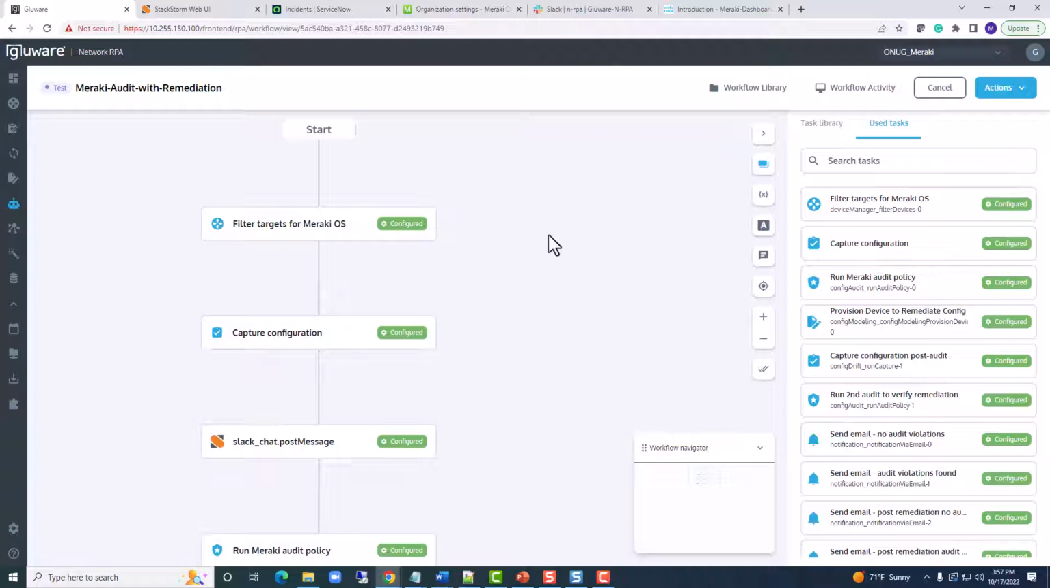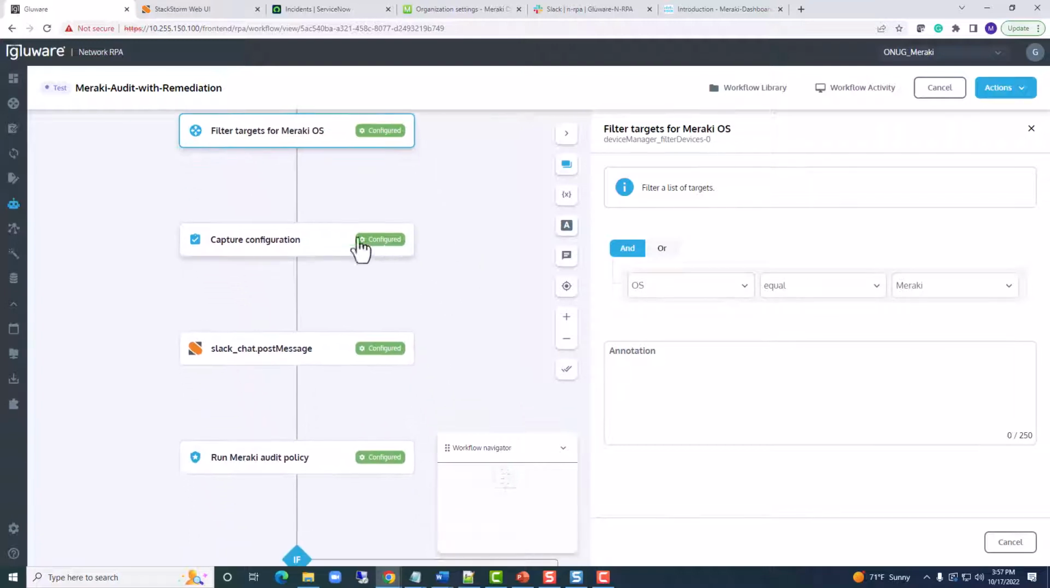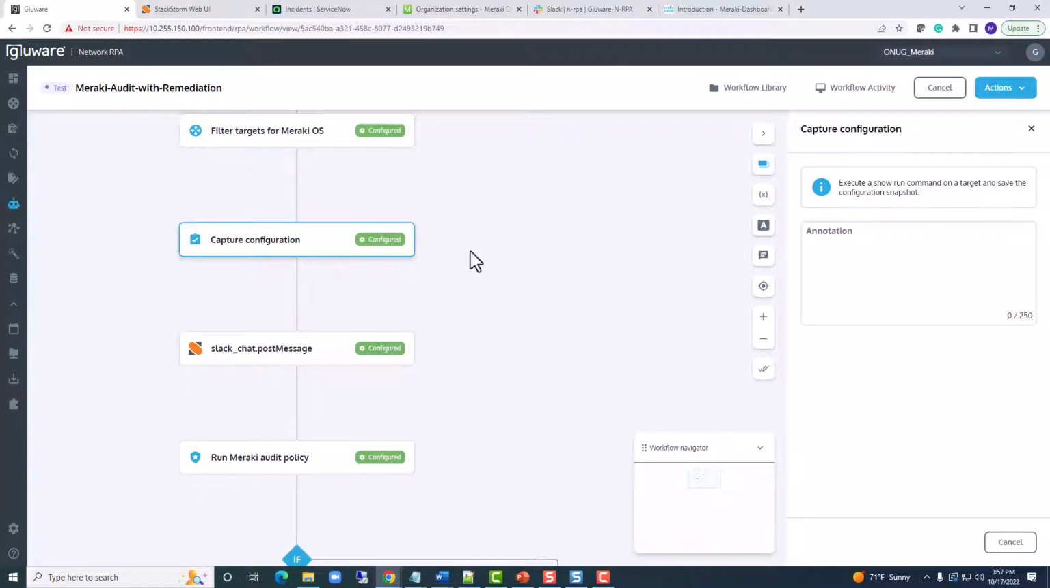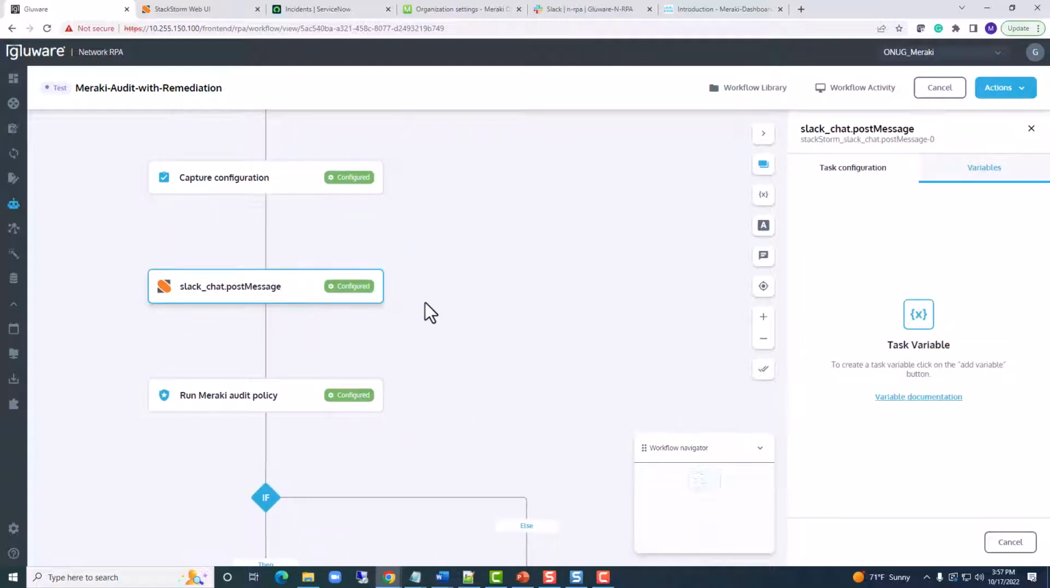From a process standpoint, you have a set of tasks in your task library that you're able to drag and drop over here. I'm executing a filter for all of my operating system equals Meraki in my inventory. So that's the first filter. Next, I'm capturing the configs. This is what you saw in Device Manager, executing dozens and dozens of API calls to collect all the configuration data. Next, I have a third-party integration here, which comes from a library that we've integrated with StackStorm,